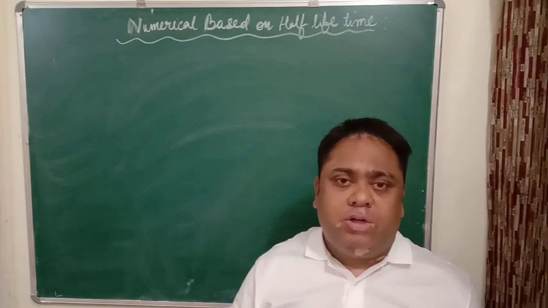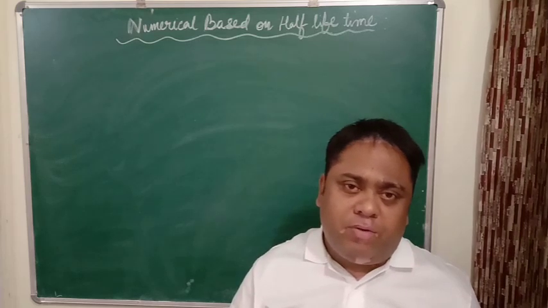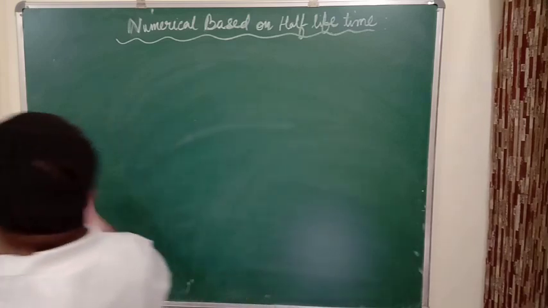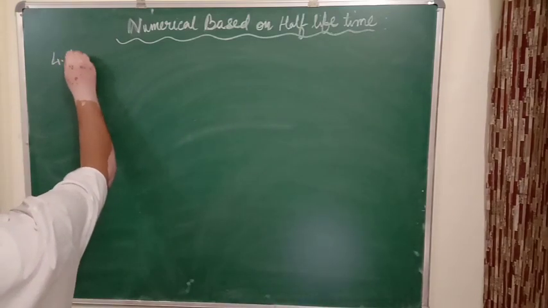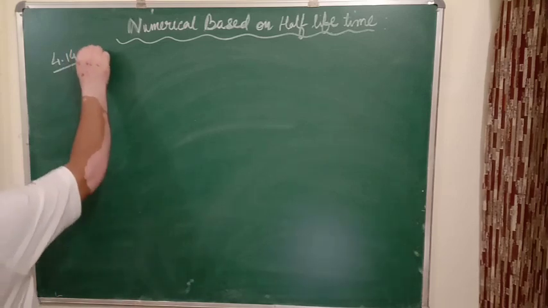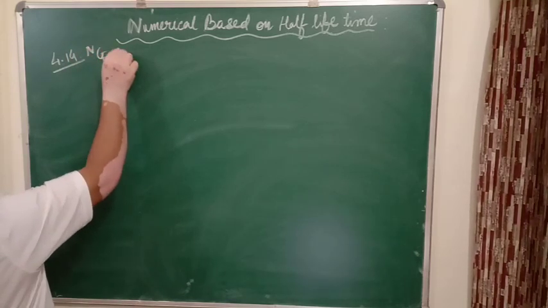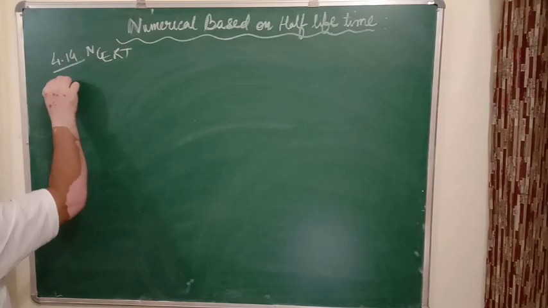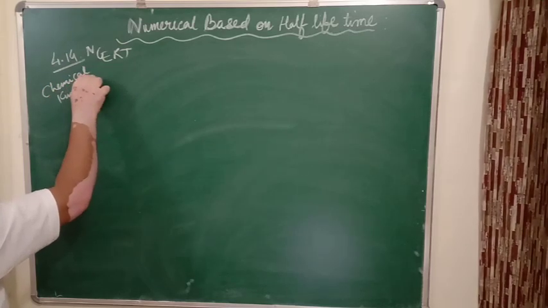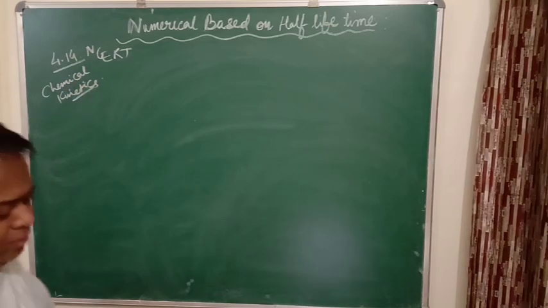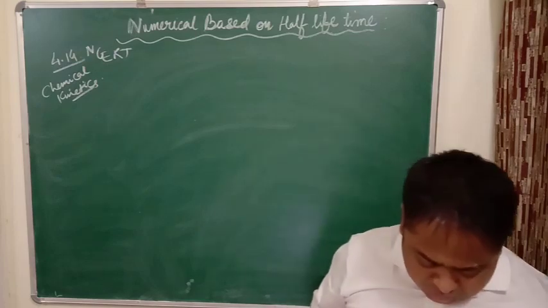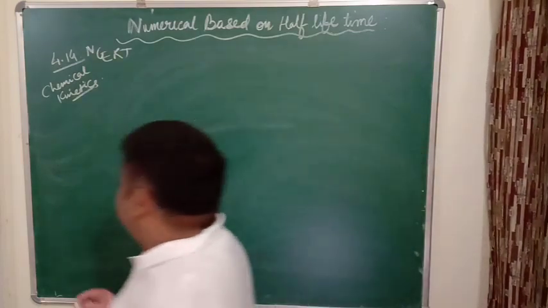So now let us see two numericals based on it. One by one we will do. This numerical is question number 4.14 of NCERT, Chemical Kinetics. This numerical is based on half-life time period. The statement of the problem is: the half-life for radioactive decay of C-14